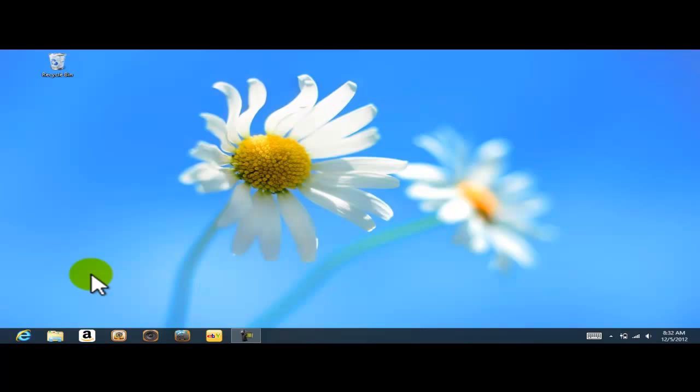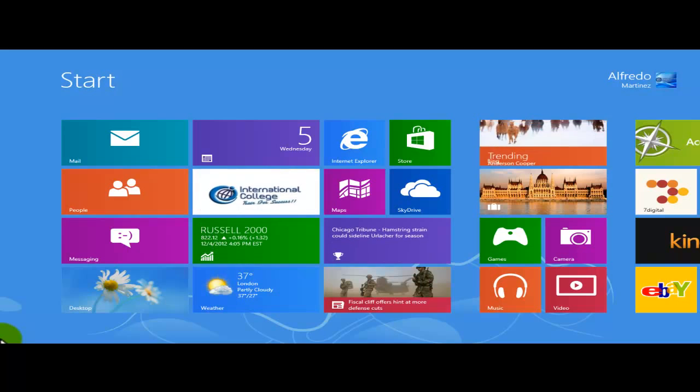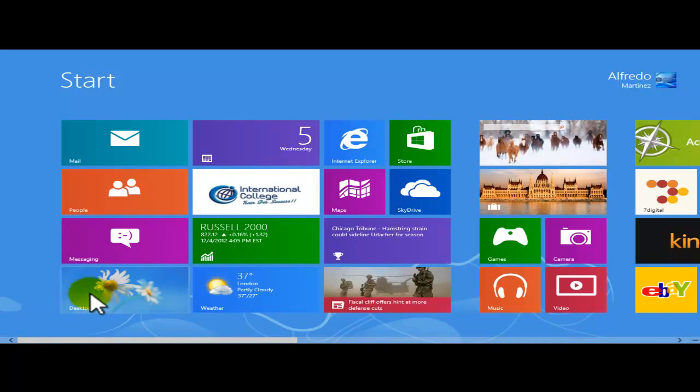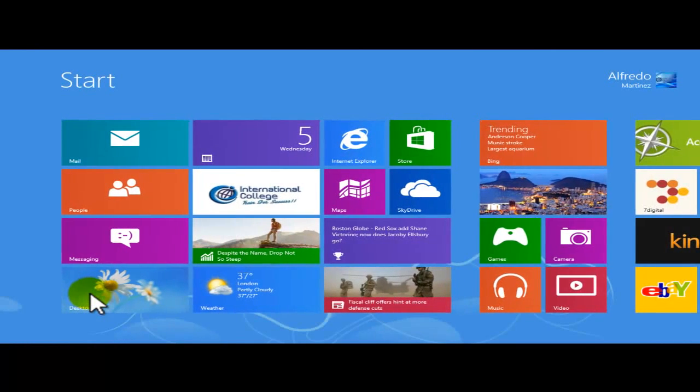For example, I'm gonna go back to the Windows mode. There are a couple of ways you could do it: bring your cursor down to the lower corner, and you are gonna see the start come up. One click, and we're back to the Windows mode. If I click that desktop icon, I'm back to the desktop mode, or by clicking the Windows logo key on your keyboard. Now I'm just gonna click the Windows logo key a couple of times, see, desktop, Windows mode,